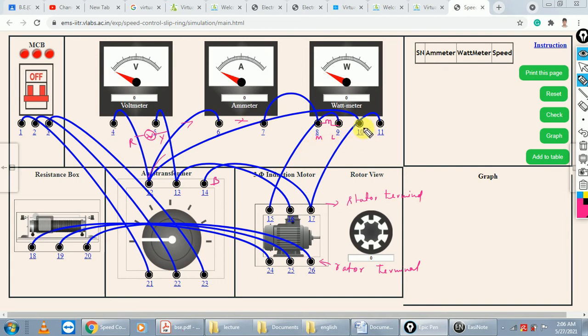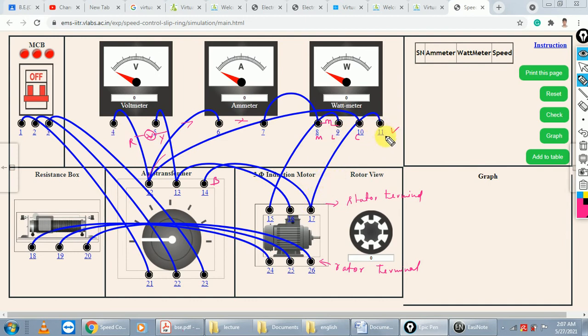Okay, and next, this is the 10. 10 connects to this 12th number pin. So 12 connected to 10 means this is your C point. C point connects to this 8 number pin. So either you connect here or here, which means you short the M or C, and this 11 is your V. V connects to the 17th number pin.